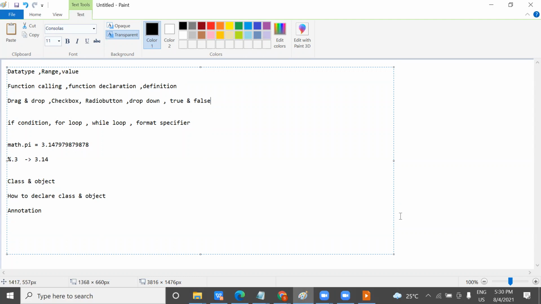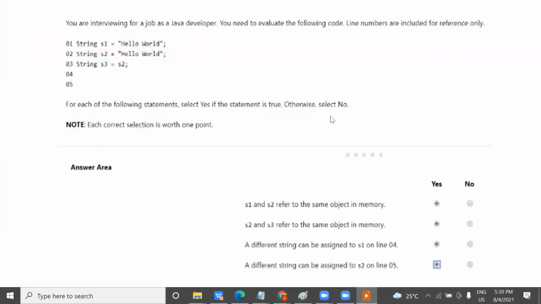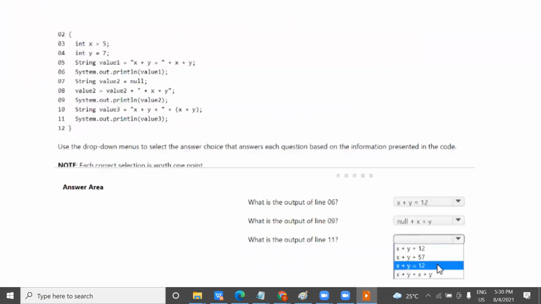Is it clear to you? Yes, sir. Anything, if it is not clear, please ask me immediately, anything that you want to know. Okay, one more thing, you might have multiple options also in a similar exam. Suppose this is one exam. Just see it carefully. This is a very good example.